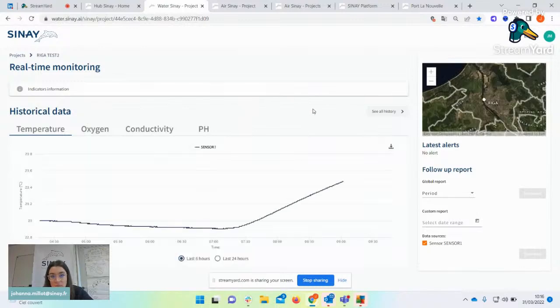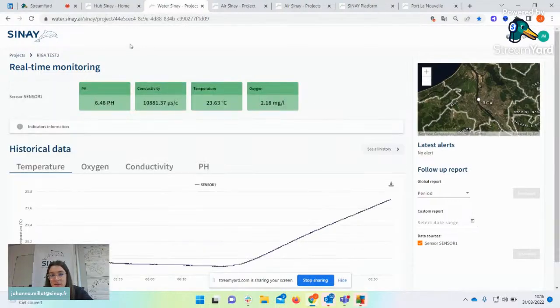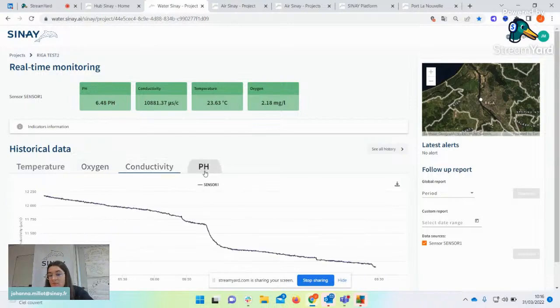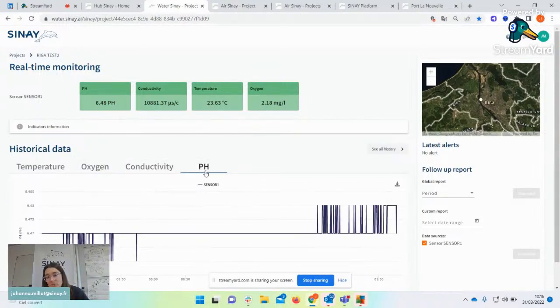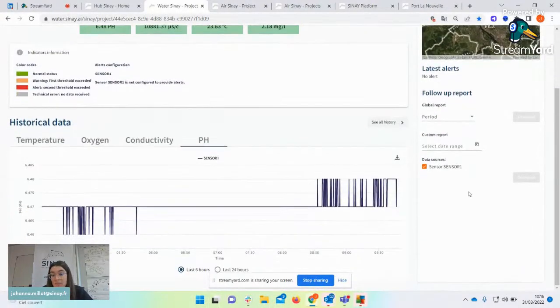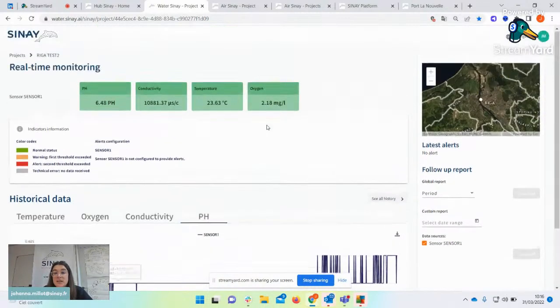As you can see here, it will be the same type of interface, simply with different parameters, because obviously between water quality monitoring and air quality monitoring, you're not measuring the same parameters, and the alert thresholds aren't the same either. But the idea is the same,